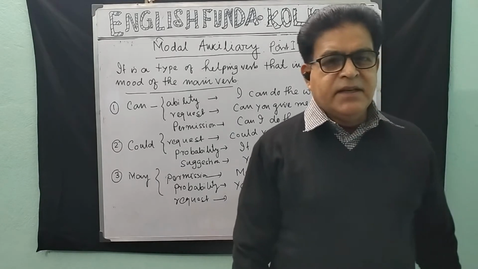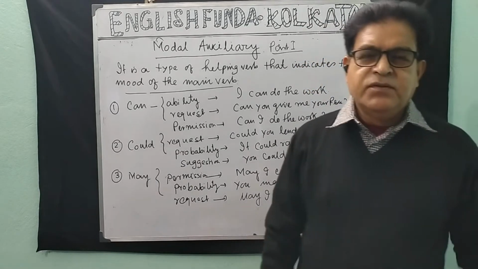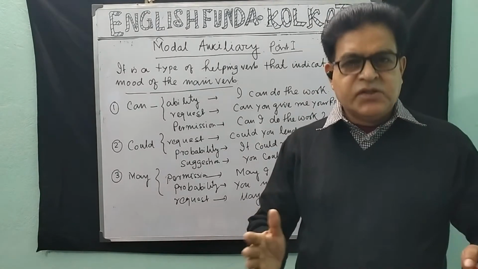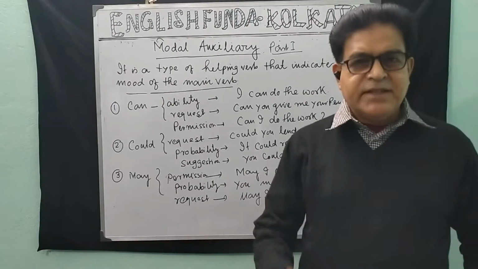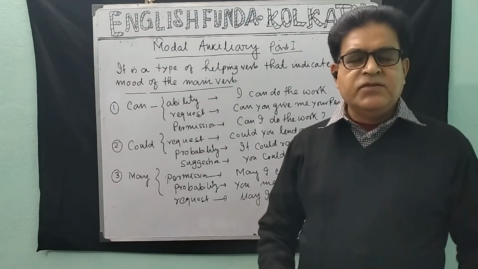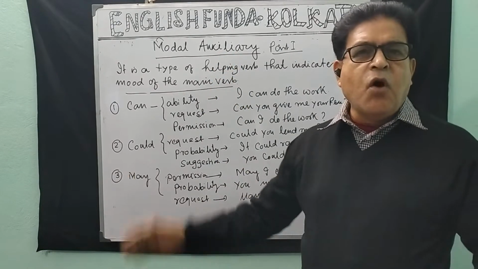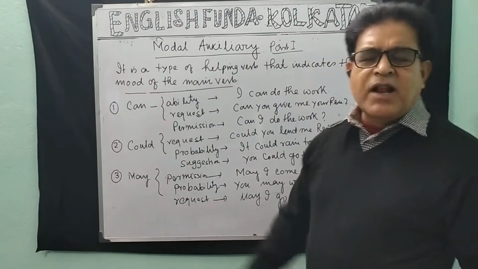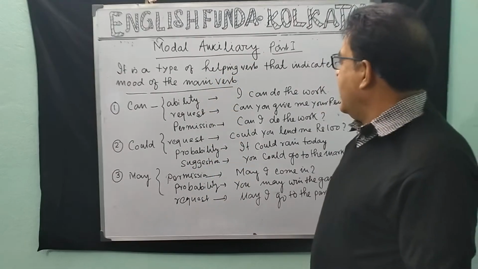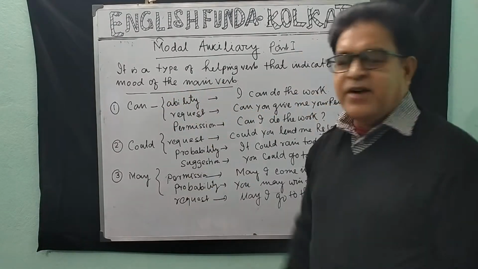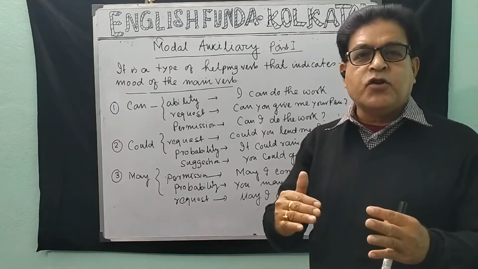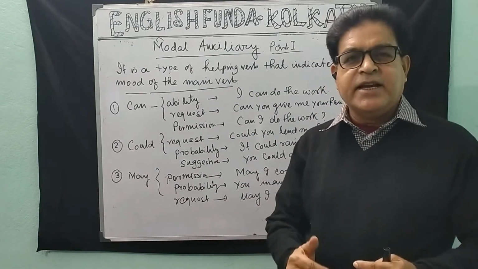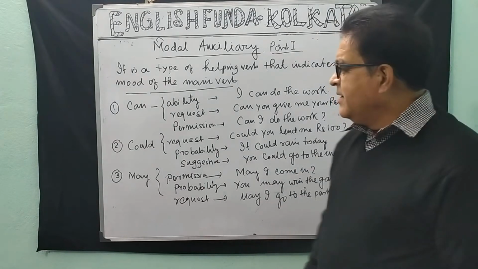Now I am going to discuss a nice grammar which will help you to increase your writing skill. আজকে তোমাদের সামনে যেটা তুলে ধরছি সেটা একটা সুন্দর গ্রামার যার নাম হচ্ছে মডাল অক্সিলারি। Okay. What is called modal auxiliary? It is a type of helping verb that indicates the mood of the main verb. Modal auxiliary হচ্ছে এক রকমের সাহায্যকারী ক্রিয়া যেটা মেন ভার্বের মুডটাকে অ্যাকশনটাকে নির্দেশ করে। Okay, for example,